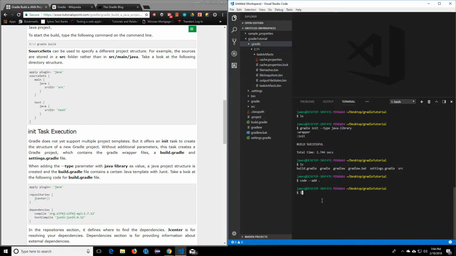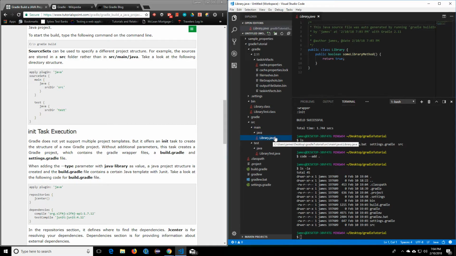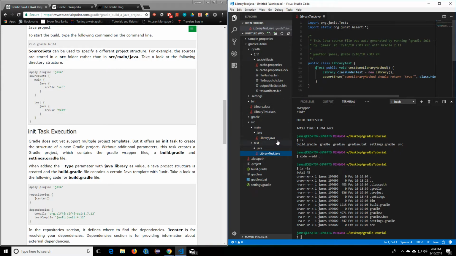But if we did ls -la, there's a classpath, the Gradle file, and the settings file right there. So we have some stuff here that it made for us. It made the main, it made the test. It didn't provide any artifact name or anything like that. It's just here's your library, here's all your stuff,